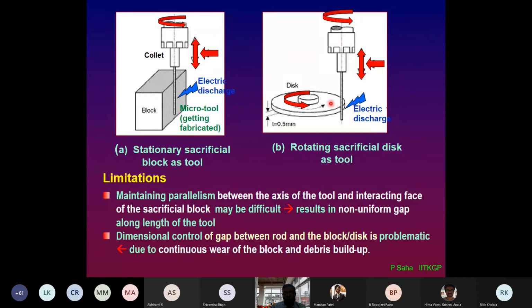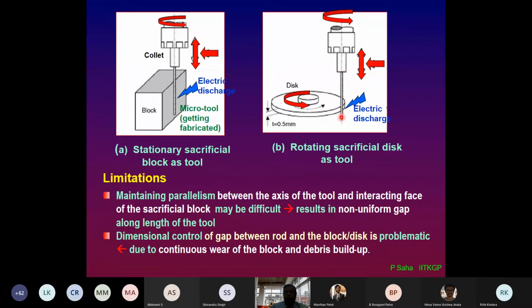But the second problem, the dimensional control, also will be difficult, because with passage of time we might have started with a disc of say something around 25 millimeter, but after some amount of time, because of some erosion from the discharge, not only is the tool eroding, little portions of the disc also may erode, and that may contribute maybe another 10 micron, 20 micron of reduction in the diameter. So how do you compensate? You have to monitor, and somehow you have to compensate.